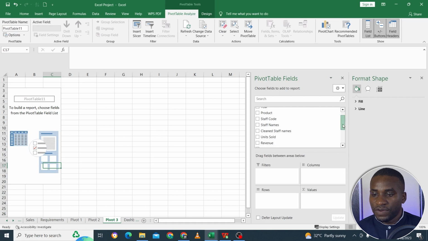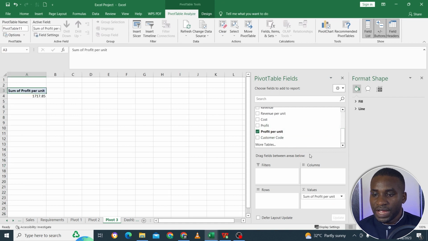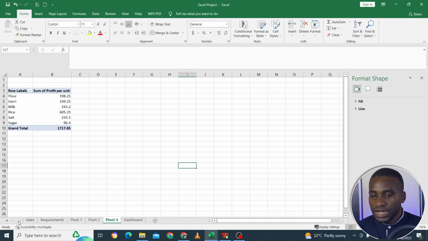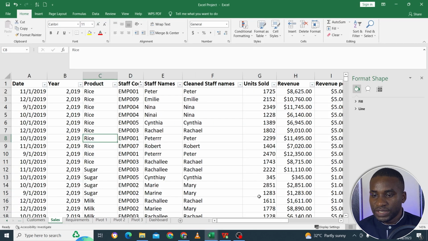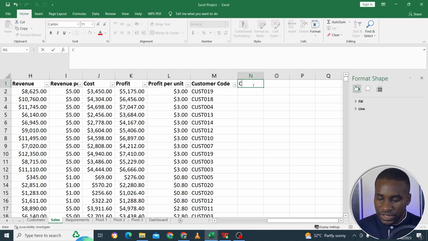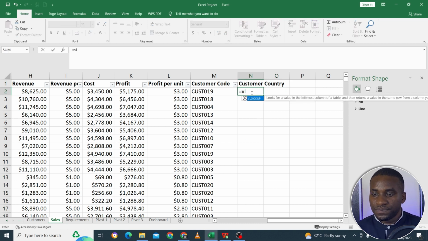So we can go to profit per unit. This is the profit per unit here. And then we can get products, and then we can get maybe country. So now, okay, where is our country? We need to go back here, go to sales, and then we bring in the country. So you see, we have to go here, and then we say, okay, customer country, yes. So again, VLOOKUP equals to, now we do our VLOOKUP,